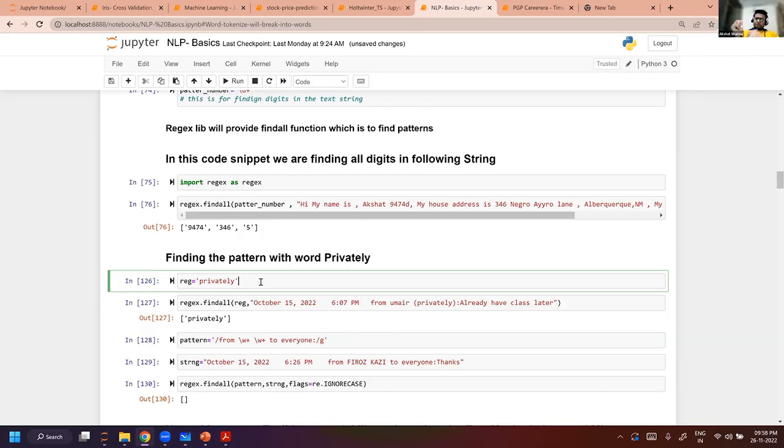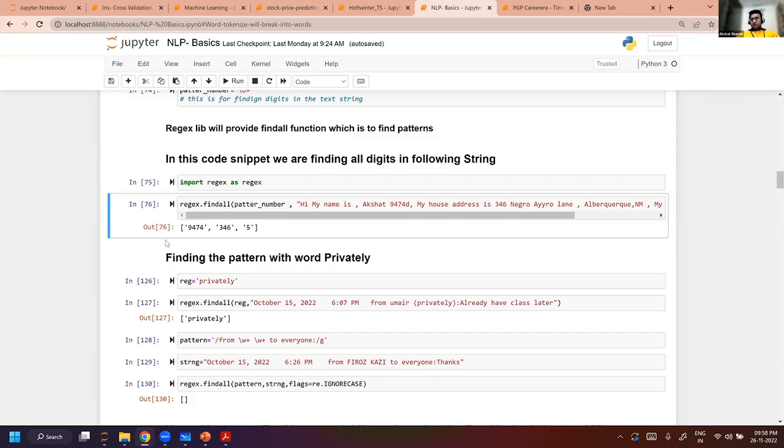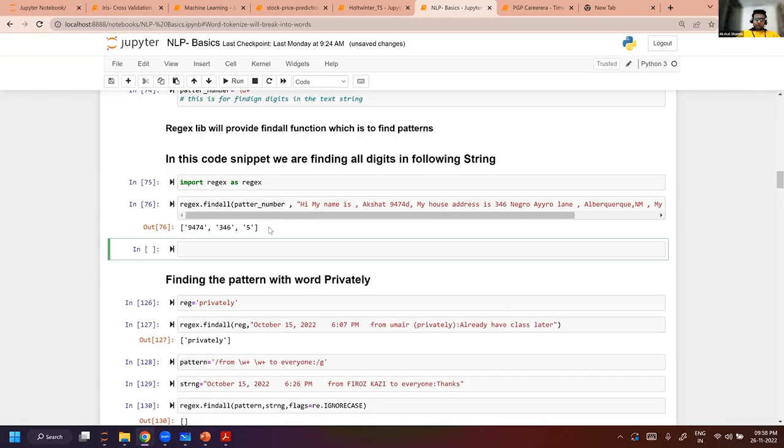I just want to find what is the last number in this line or in this paragraph. So that is the same thing. For example, the order is also kept. So this is the first one, this is the second one, and this is the third one. Suppose I want only 5. Rather than this, I just want that last number. So what you can do is